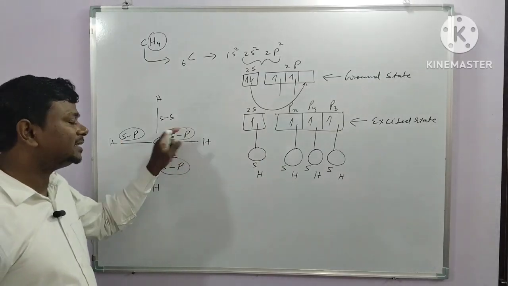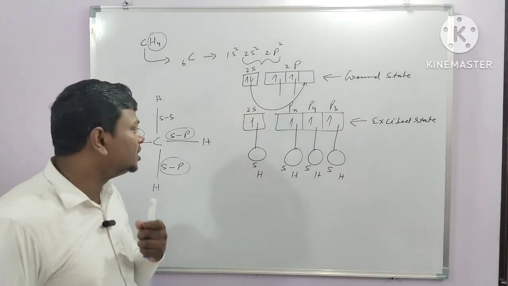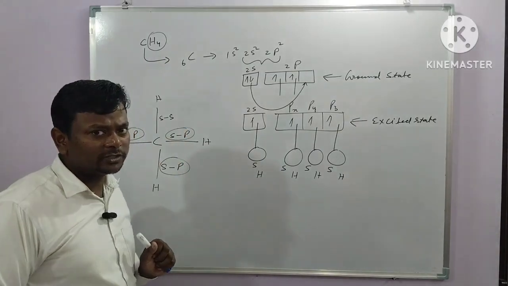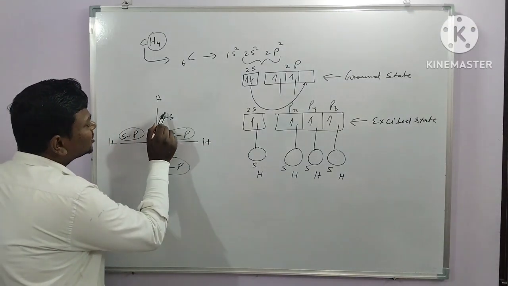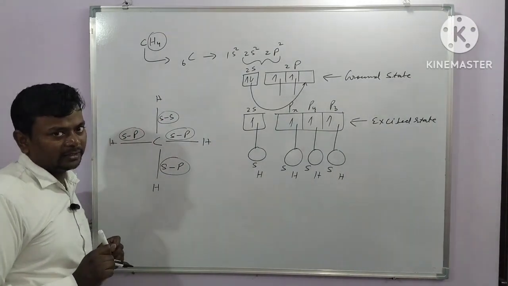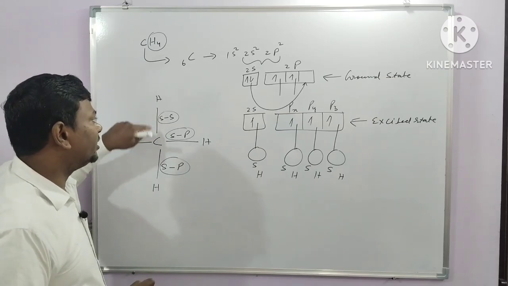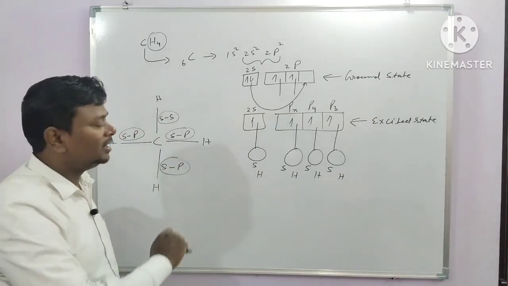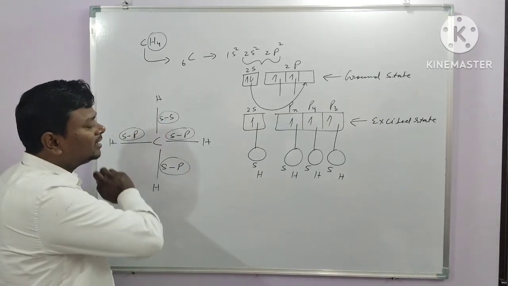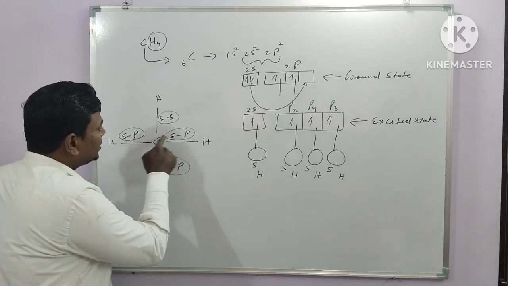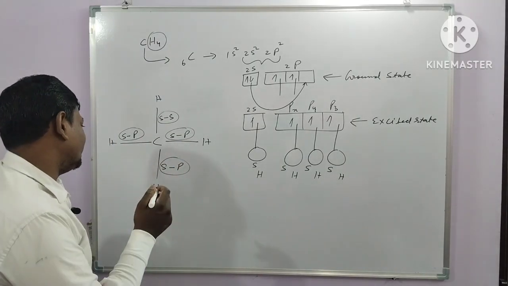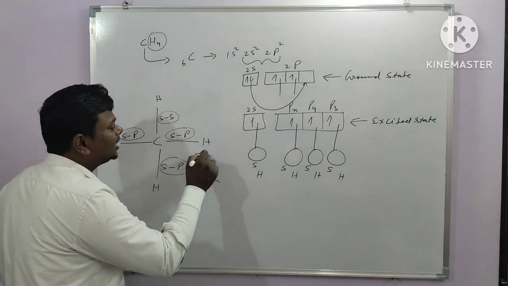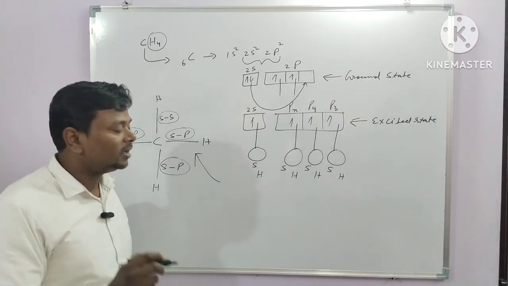These three s-p bonds are the same, so their properties are also the same: same length and same bond energy. But the s-s overlapping covalent bond should have a different length and different bond energy from these three covalent bonds. So when this molecule is practically observed,